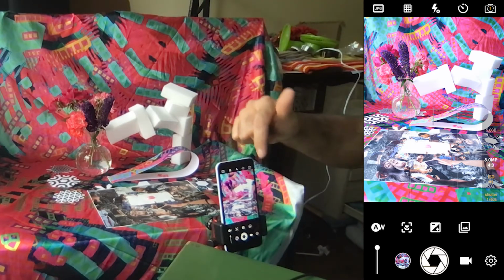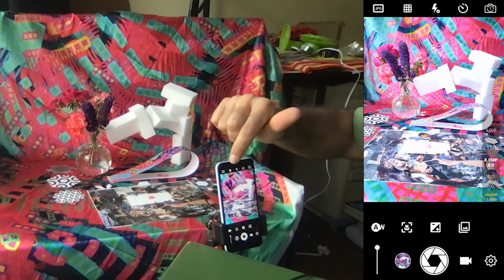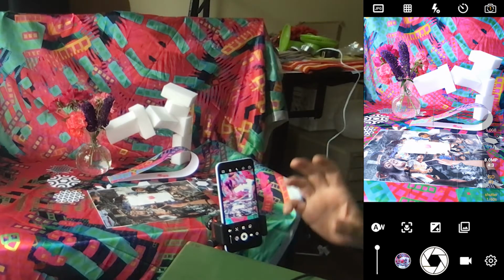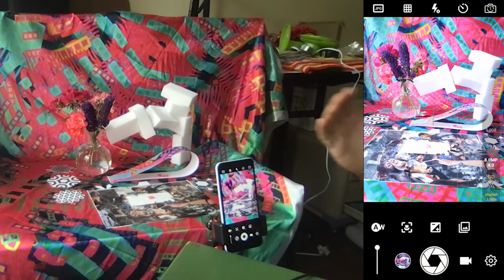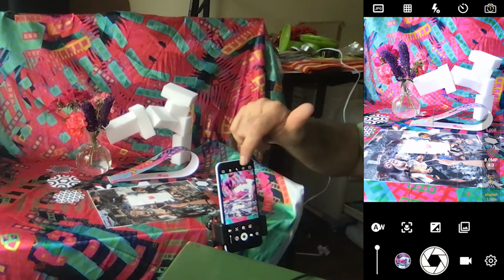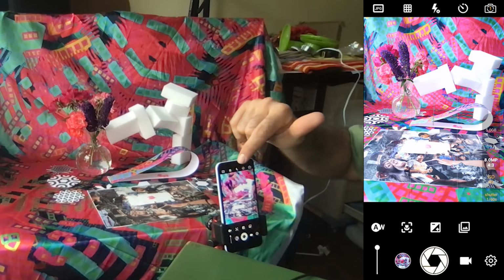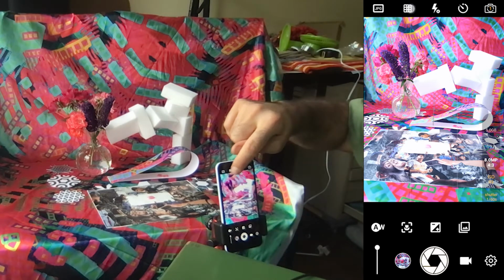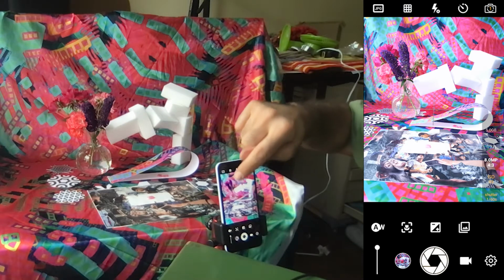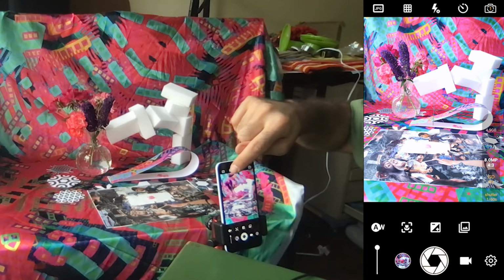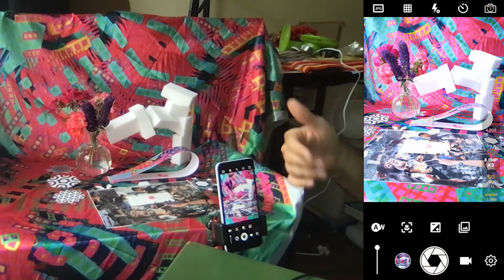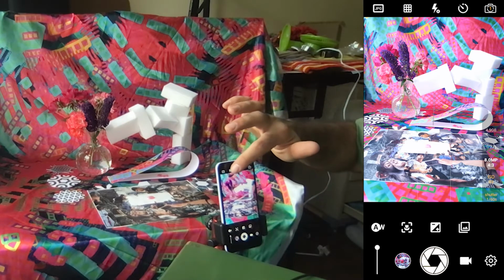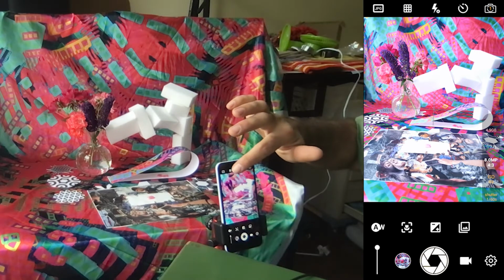So up along the top, in the top left, I've got a button for the digital image format. Right now this is set to JPEG, but if I tap that, I could change to other formats like RAW. Next to that, I've got a grid button, so I can tap this and this will change the format of the display grid that sits over the image. So I could turn it off, I could set it to rule of thirds. This is pretty subtle to see, and that's good because then it doesn't get in the way of what's showing